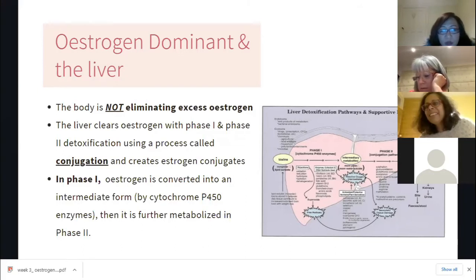Phase 3 is what happens in the gut with the gut bacteria, and then phase 4 it goes through your feces or your urine to be excreted. So you've got to look at the entire process, and you've got to look at the nutrients and things that affect certain phases and make sure they're balanced. So you don't want to do too much phase 2 and not enough phase 1, or too much phase 1 and not enough phase 2, or if your bowels are clogged up and you've got perfect phase 1 and phase 2 but